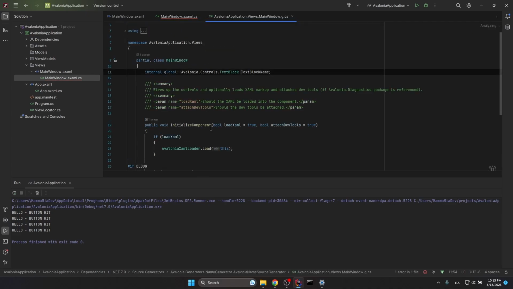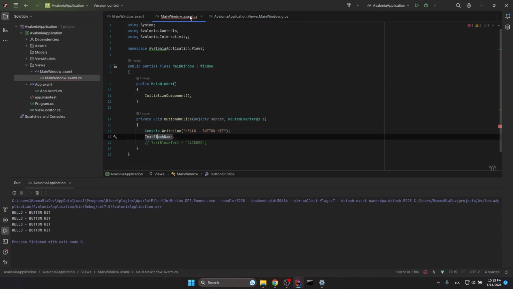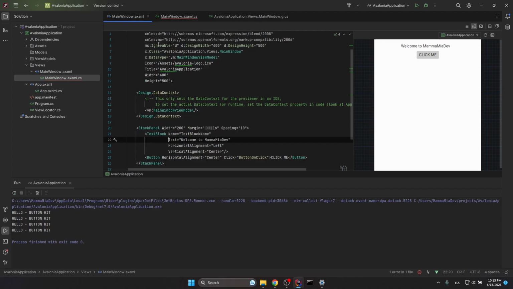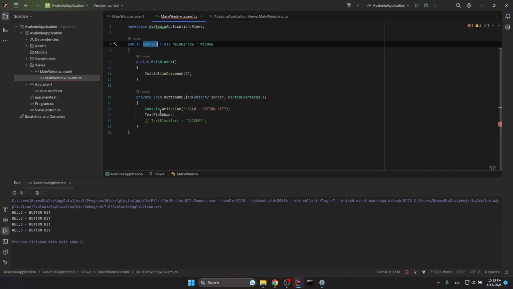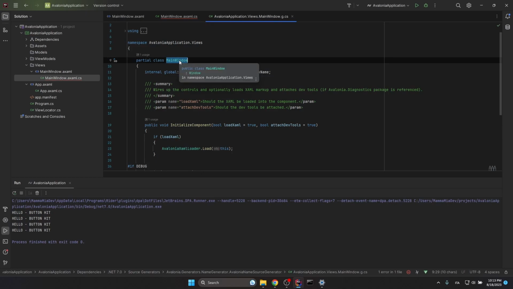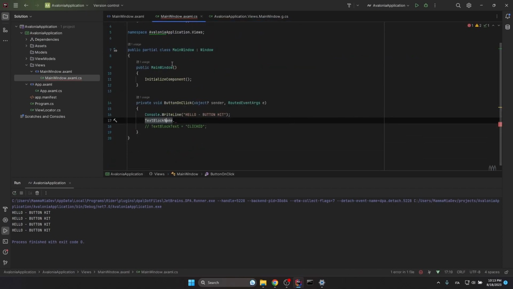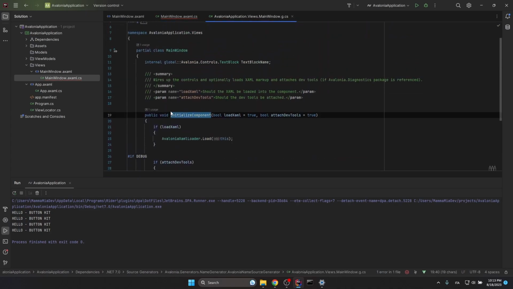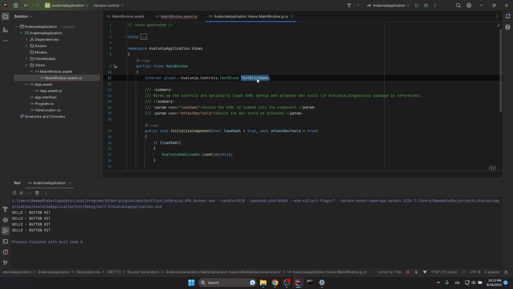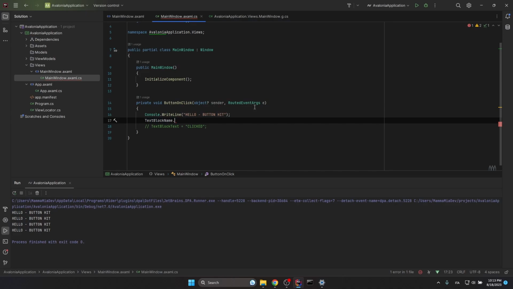If we look for this property, you can see that, as we said before, the main window is a partial class because the UI, the XAML file of the main window, is producing another file with the same name. And whenever you navigate any property that is created there, you can see the actual file. So we've got the main window, the initialize component that we were calling in the constructor, and you can see here a property called text block name. This property gives us access to the text block component in the UI, and by doing that, we can access its properties. One property is the text one, and we can set it to